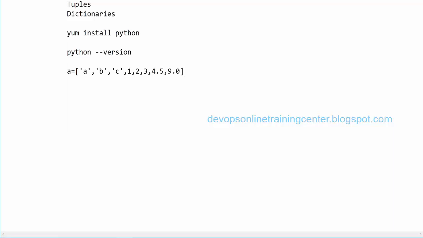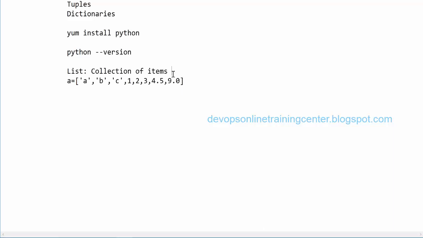So we can define either the strings or the characters or the numbers inside a list. So list is like an array, or we can say it's a collection of items.